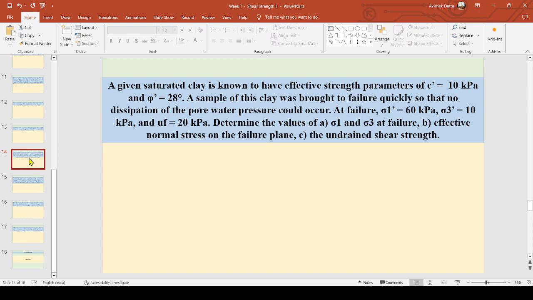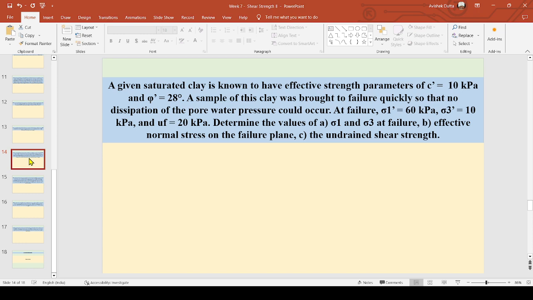A given saturated clay is known to have effective strength parameters of C dash equals to 10 kilopascal and phi dash equals to 28 degree. A sample of this clay was brought to failure quickly so that no dissipation of the pore water pressure could occur. At failure, sigma 1 equals to 60 kilopascal, that is the total axial stress, and sigma 3 equals to 10 kilopascal, that is the confining stress, and the pore pressure at